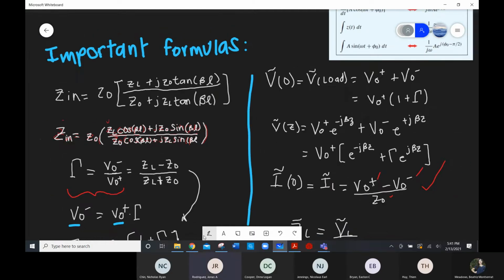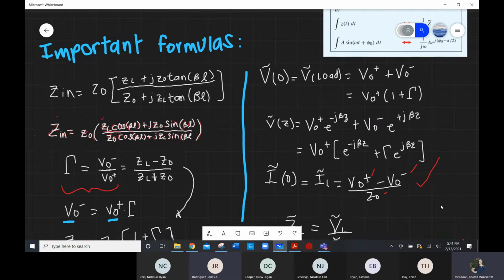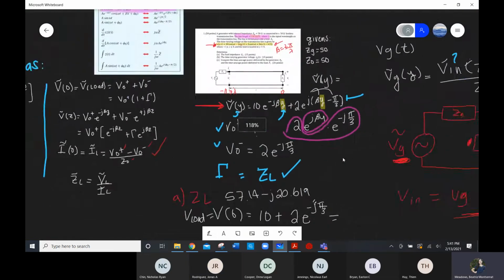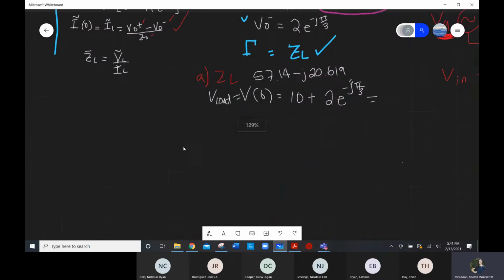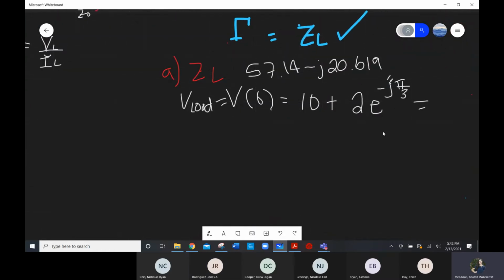Sounds good. Okay, so we know Zin, Vin, we can find VG, right? Which was part B. So again, I'm just going to write down the answer here. You guys need to work this out on your own and see if you get the same answer. And if you don't, you're not plugging stuff in right in your calculator. So VG ended up being,